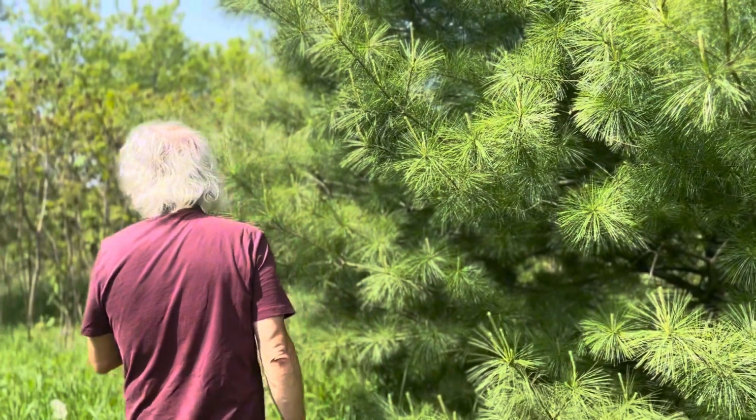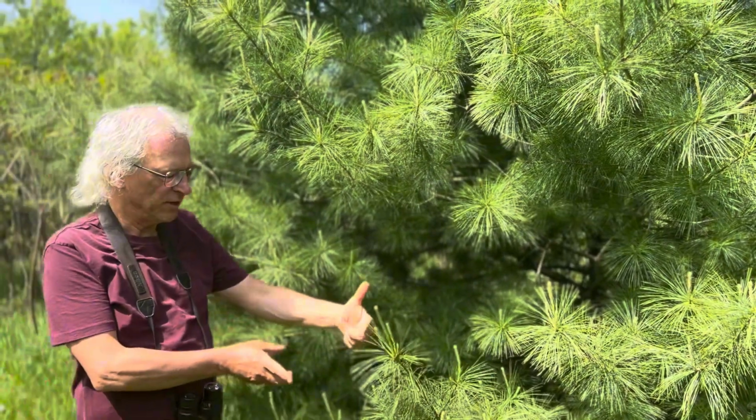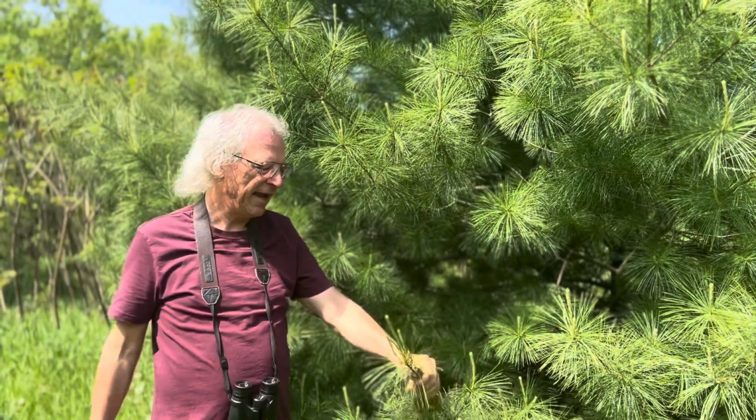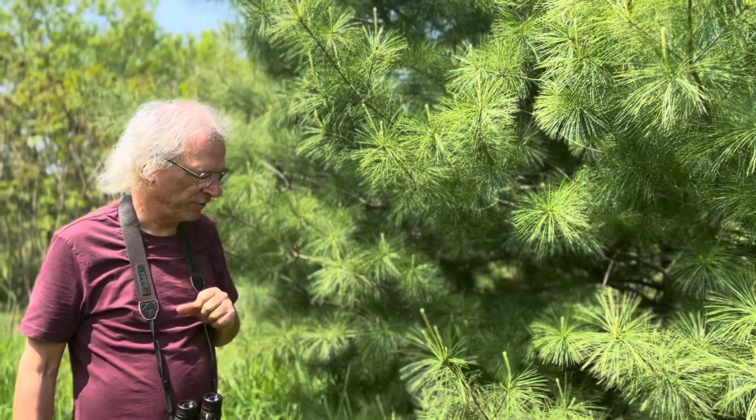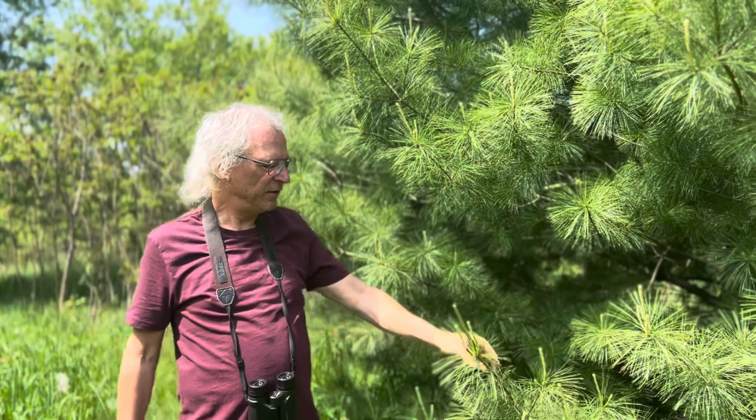There's a red pine over there somewhere, which has longer needles, but they're really stiff, and they come out in bundles of 2. So white pine is,